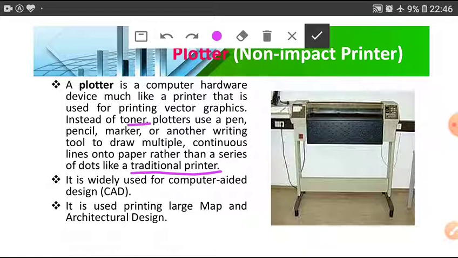Instead of toner, plotter use a pen, pencil, marker or another writing tool to draw multiple continuous lines onto paper rather than a series of dots like a traditional printer. It is widely used for computer-aided design (CAD). It is basically used for printing big map, large map. It is used printing large map and architectural design.